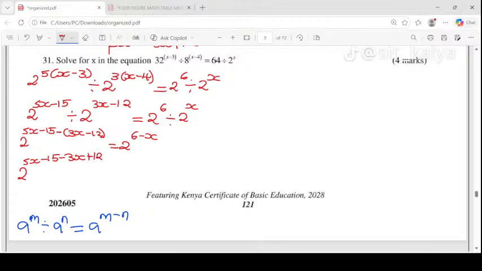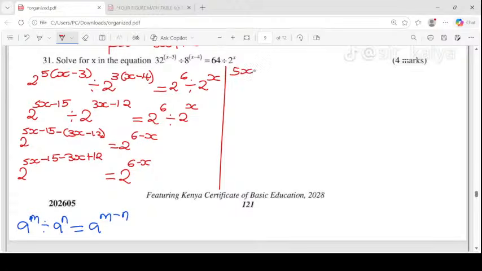I hope you can see that one. This should be equivalent to 2 to the power of 6 minus x. Then, because we've equated them and they have the same bases, we drop the bases and proceed with the powers. After ignoring the bases, we are going to have this as